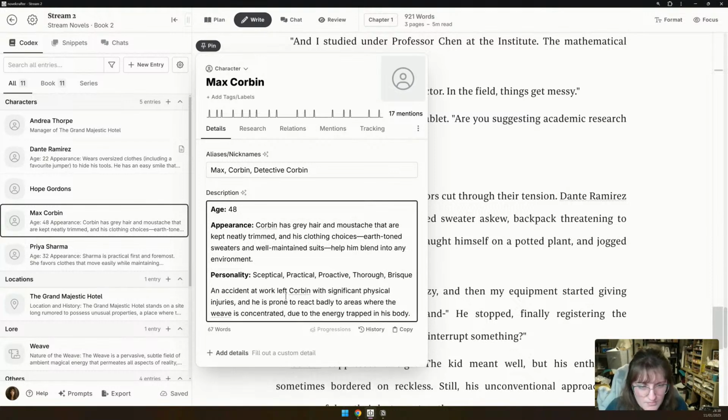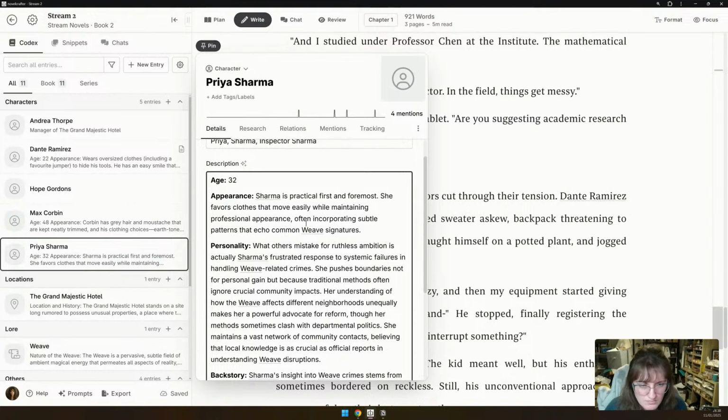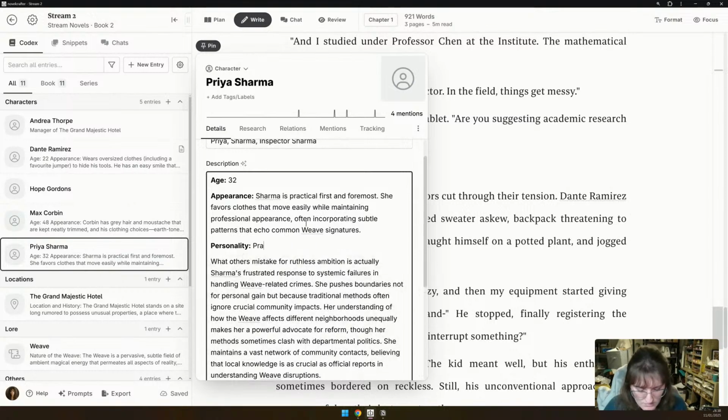And then I'm going to, practical, ambitious, a social warrior. For example, you could tell it to only use the information that is pertinent to the scene you're currently working on. Yeah.